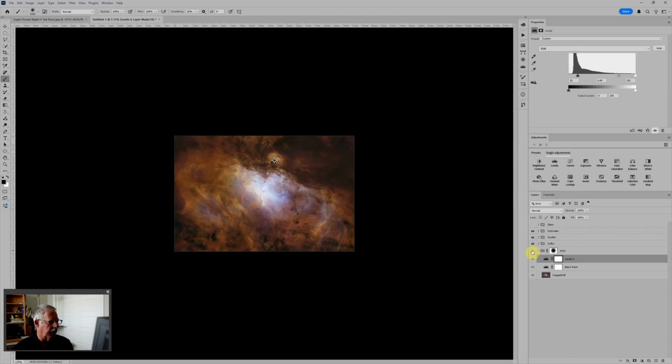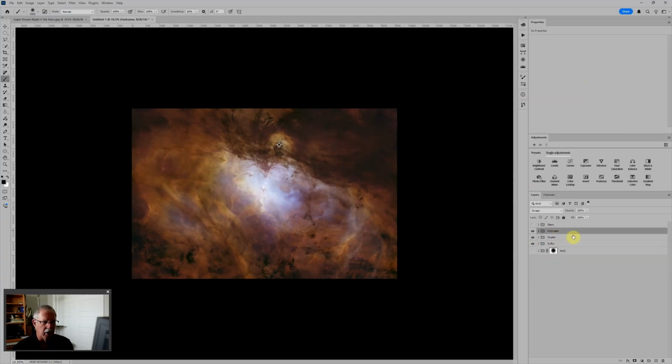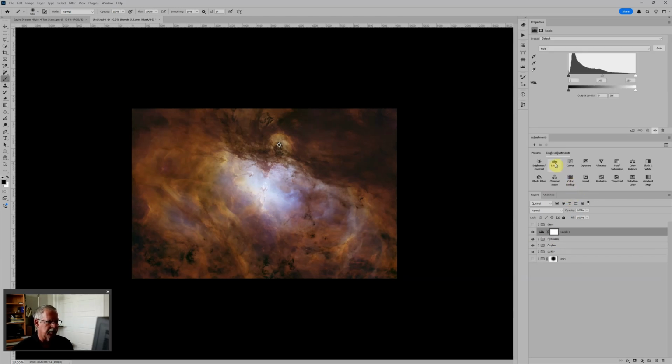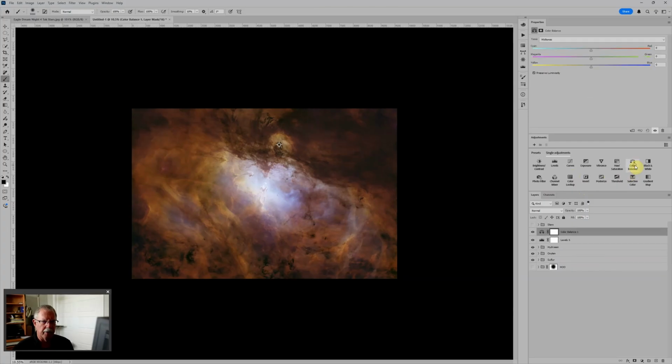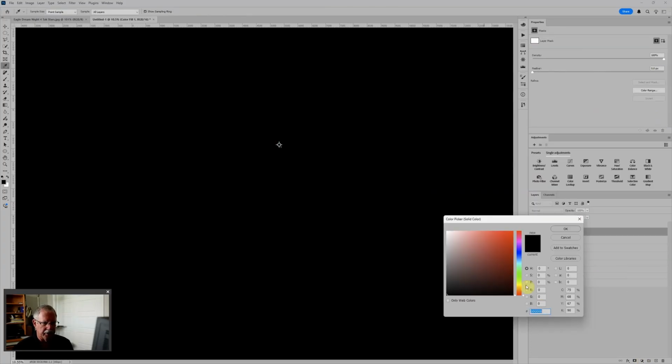And if you like it better without, just turn it off. So that's just looking at it with and without. I do think I like it better without, so I'll just leave that turned off for now. I'm going to go above the hydrogen and below the stars. I'm going to add my typical layers for global adjustments, and that's going to be first a levels adjustment layer, then a color balance, then a hue saturation, and lastly I'm going to add a solid fill layer, so a solid color, and I want this to be